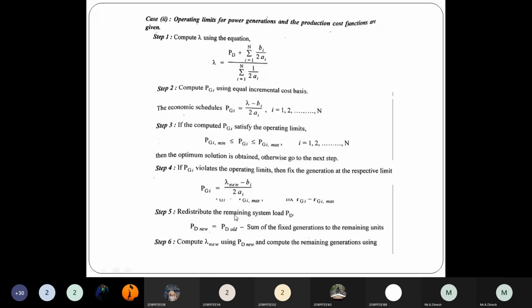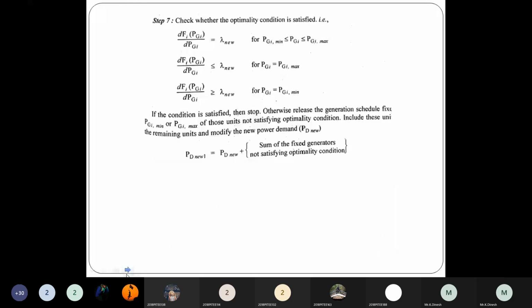Now you have to redistribute to the remaining system. So the new demand should be evaluated. Already I have the old demand. So PD old means the sum of its generation, added to the remaining ones. Next, step number 6: I have to compute my lambda new using the PD new and compute the remaining generation using my